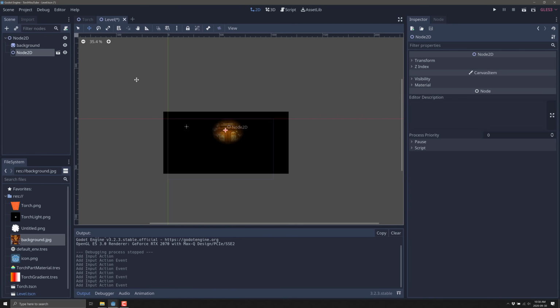So we've got this guy in place. Let's actually name you something that makes sense. So we've got torch, and let's just move it slightly. So let's move him down in the scene like there. All right, so we've got it somewhat centered to the screen. There is our torch. Save that.